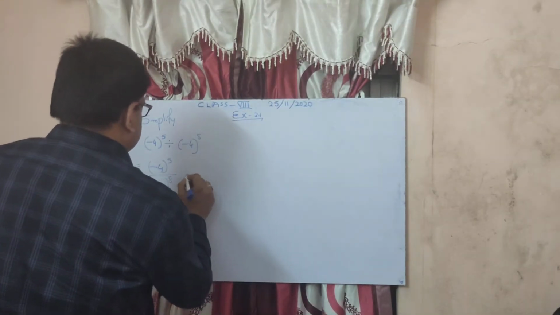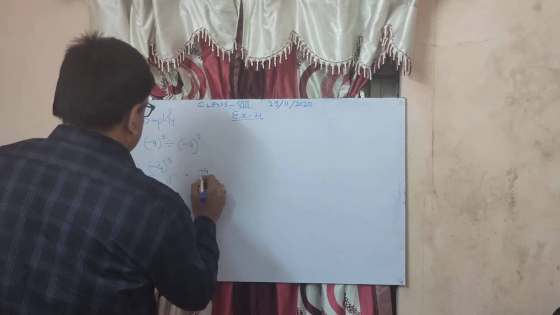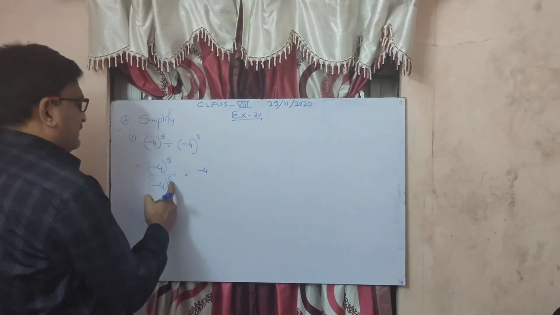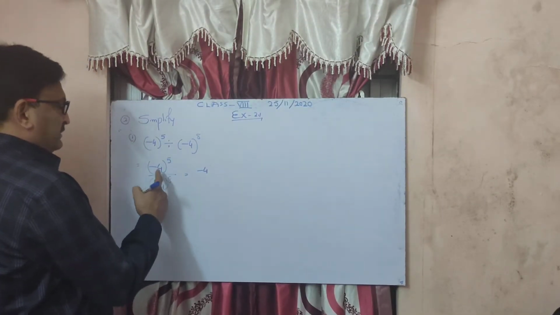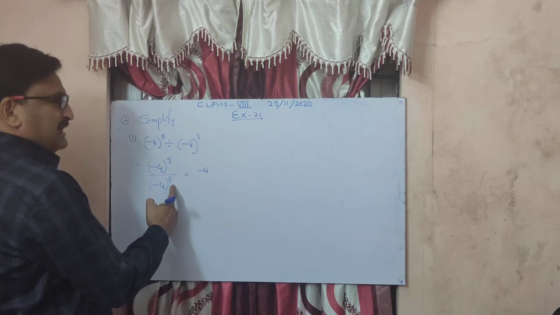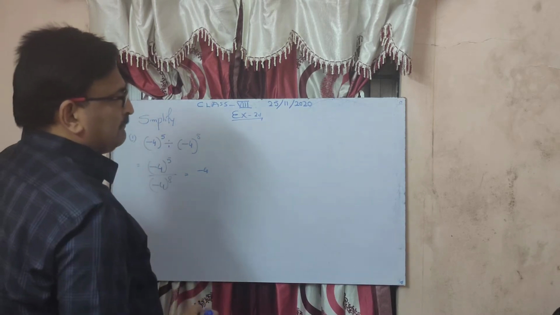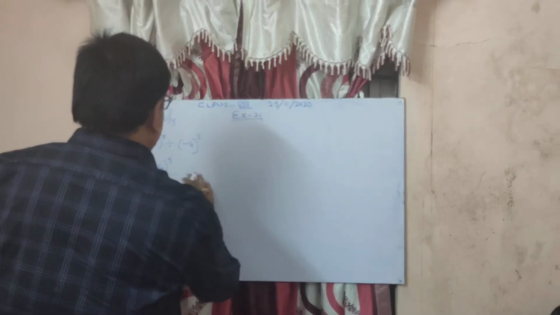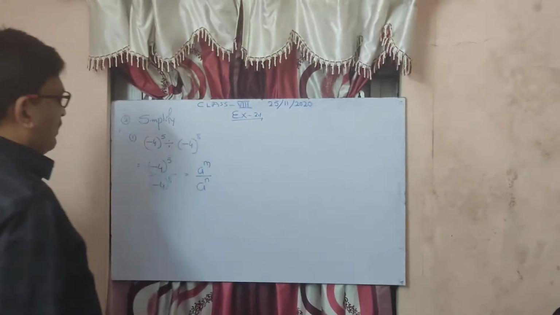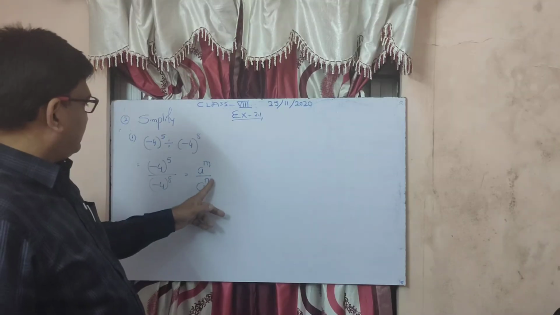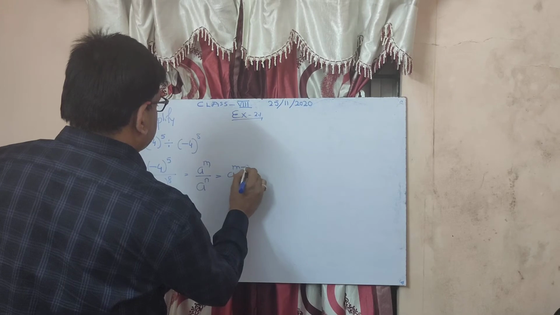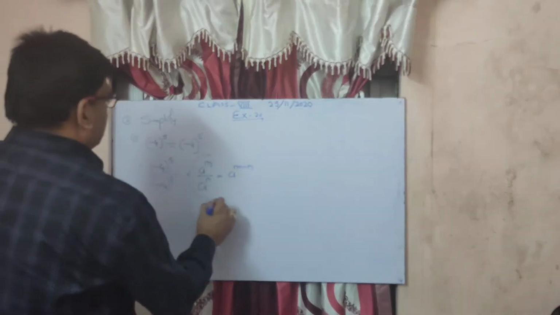So you can write this as minus 4, minus 4. The bases are same and the powers are different. Then what you have to do? You might have remembered the formula, that is a to the power m divided by a to the power n. Now you can see the powers are different and the bases are same. Then what was the answer? A to the power m minus n. This is the second law.